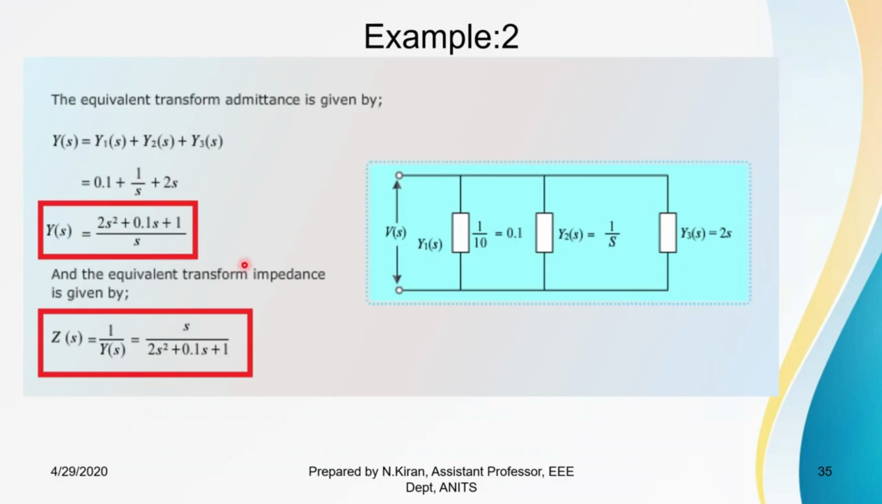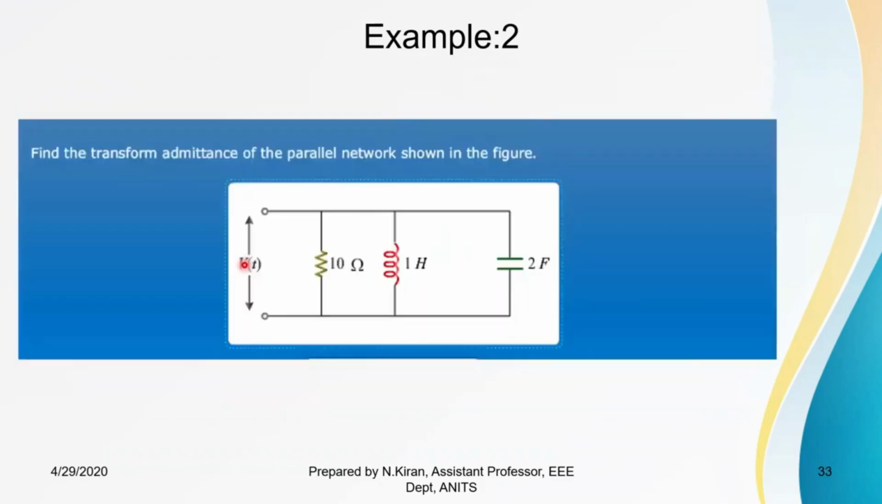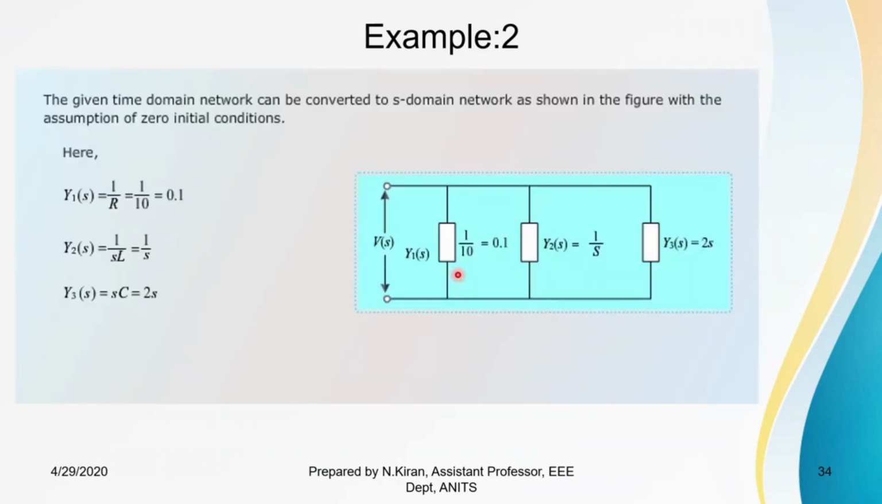The other way we can do it is, first, if you want, you can find the value of Z of S and then take the reciprocal of that value. That is up to you. So if I want to first find Z of S, I can calculate the parallel combination of all these elements, which will give me the Z of S value, and the reciprocal of that value will give me Y of S. So in either way we can solve the sum. The third example